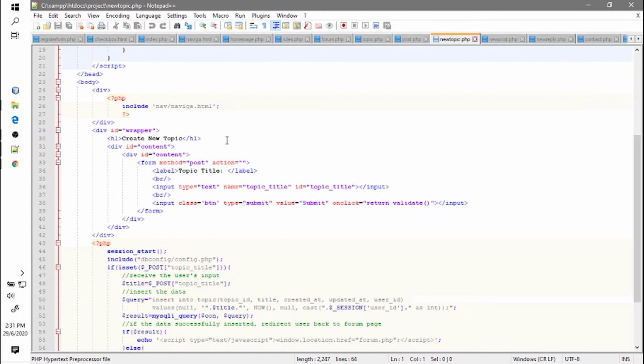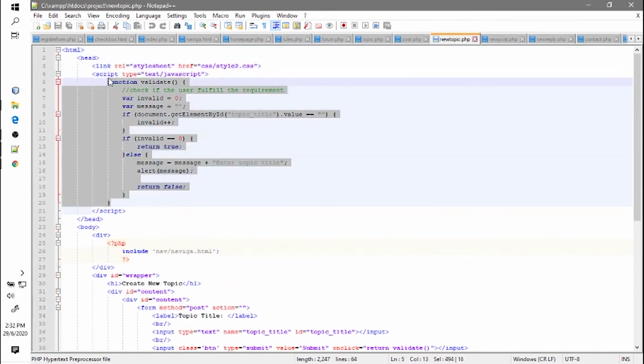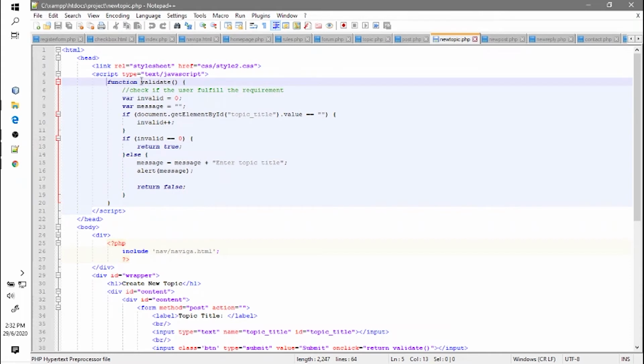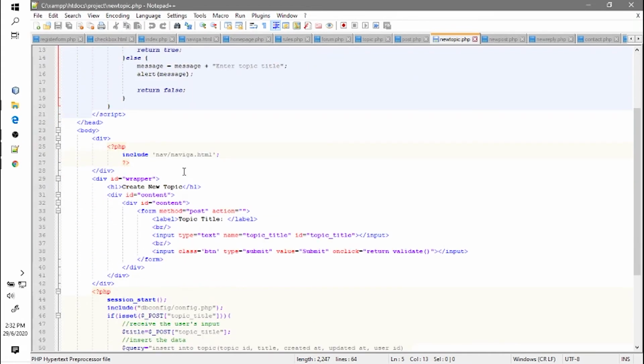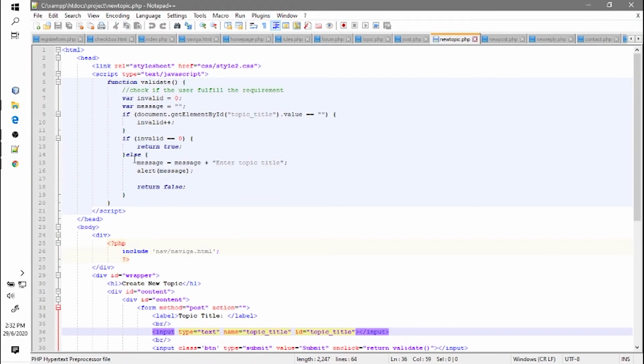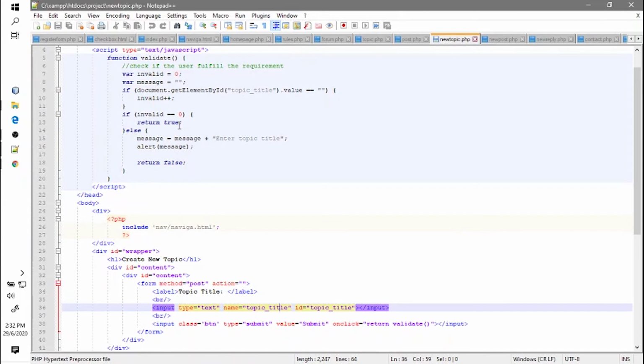So here is the new topic. First, we have the JavaScript coding here, which is going to validate the input here. First, the validate function is going to see if the user has fulfilled the requirement. The requirement is just going to see if the topic title has already been inserted with some values or some characters, and if it is, then it is going to return true, else it is going to alert the user